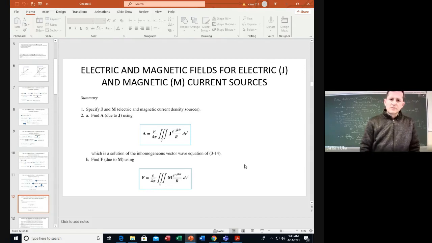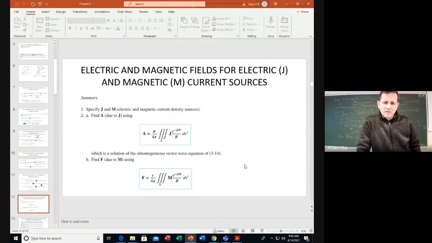Now, if we try to solve these differential equations that we were provided, in principle, the A and F can also be written in this form, which is shown here. In fact, this expression of A, you have done when you took electromagnetic field theory, where we used to find the different components of A from the volume integral of the current densities. So this current density is a vector quantity, which can be described as Jx, Jy, and Jz. Each one of these components is going to produce an Ax, Ay, and Az, because they are both